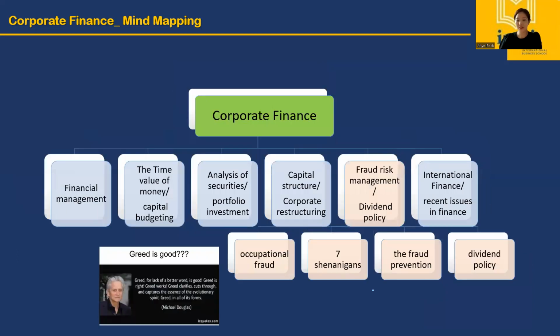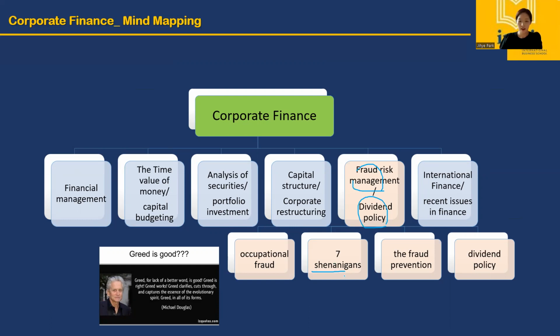The fifth chapter is issues in finance, fraud risk management, and dividend policy. Fraud risk management usually talks about shenanigans, the fraud triangle, and also occupational fraud. The term shenanigan means actions or omissions designed to hide or distort the real financial performance or financial condition of a company. And there are 6